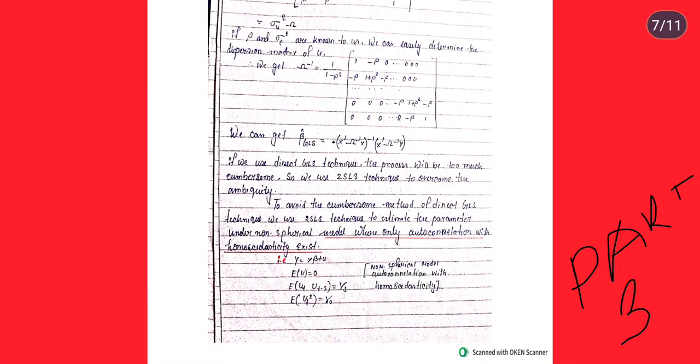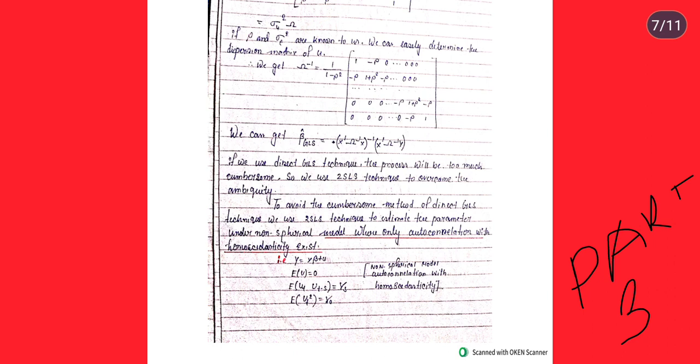So this is part 3 of autocorrelation. To avoid the cumbersome method of the direct GLS technique, we use the two-stage least squares technique to estimate the parameters under